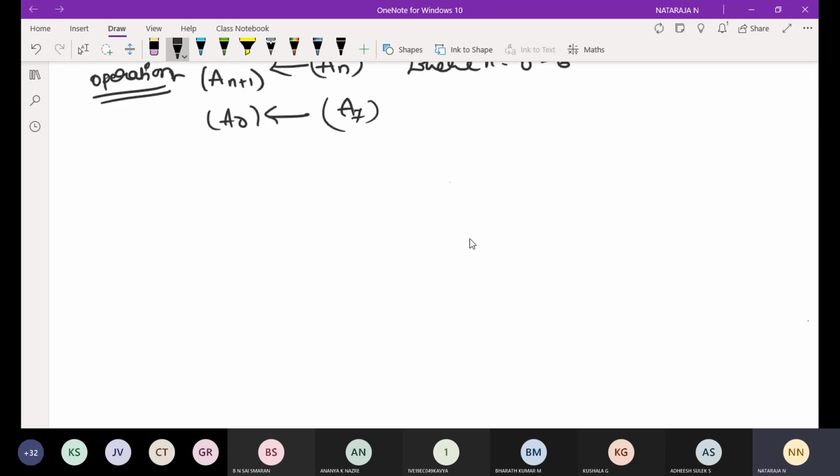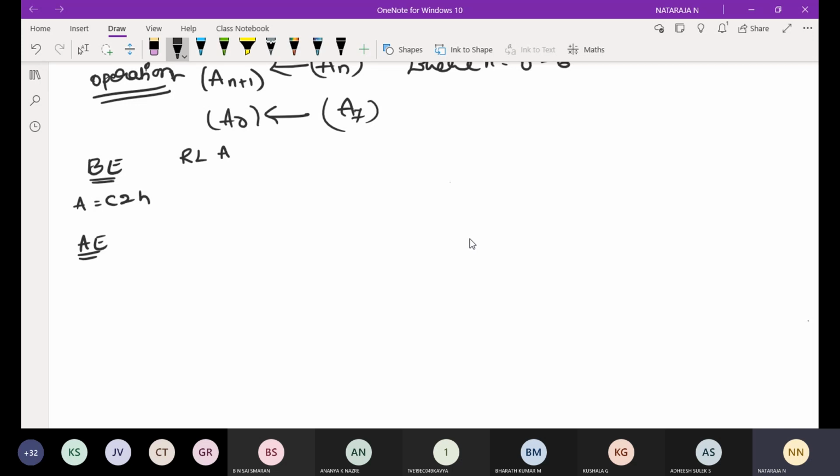How exactly? For example, before execution, I have data accumulator is equal to C2H. I need to check for after execution. My instruction is rotate left the accumulator.